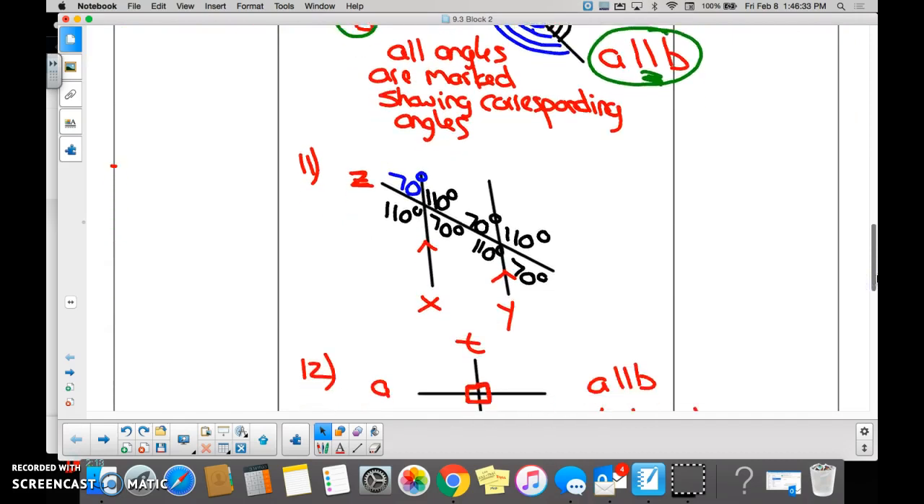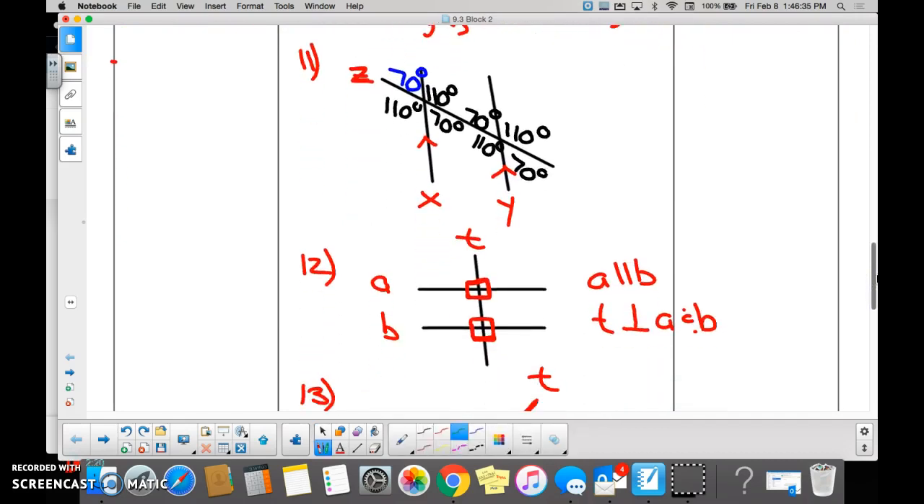Number 11. Remember this guy? I gave you 70 degrees. Were you able to figure out everything else in black? Why is this 70 degrees right here? Vertical. Why is this 70 degrees? Corresponding. Excellent, corresponding. Why is this 110? Because there's